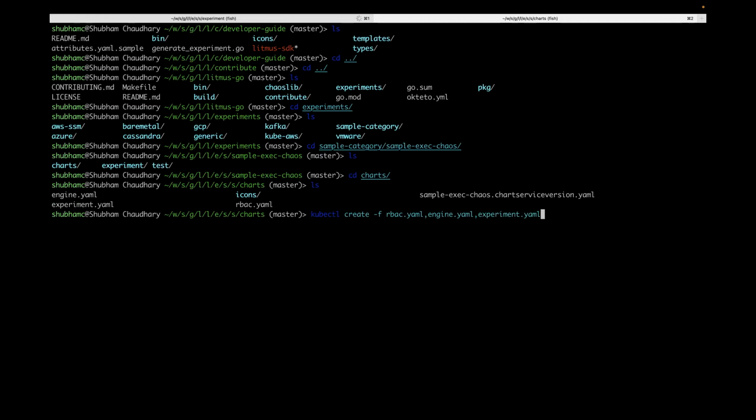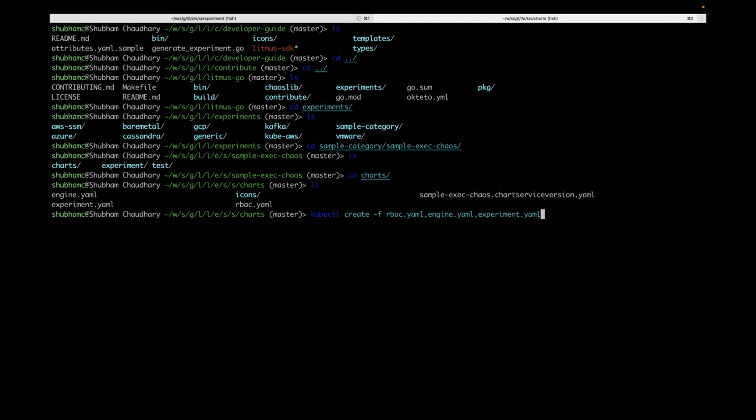It will launch a helper pod. Here you can see the helper pod is created. This is a sample pod where we are just echoing something, so we can confirm the logs. You can see we are just writing that this is a sample pod and it completed immediately. Now I can look at the logs of our main experiment.